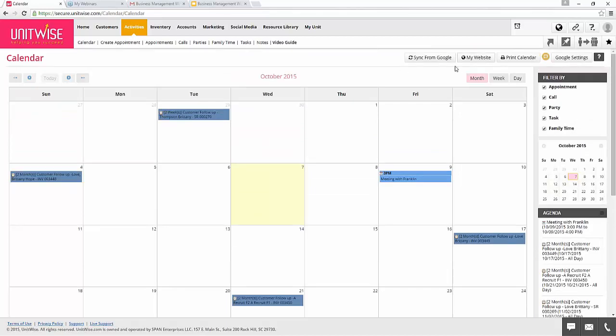There's all sorts of other things you can do here with the calendar. We've talked about syncing from Google. If you've got a Google account, you can click on this option, and it will ask you to verify that it's connected with Google. You sign into your account, and you can sync over your appointments. To view your website, you can click on this option here to view the